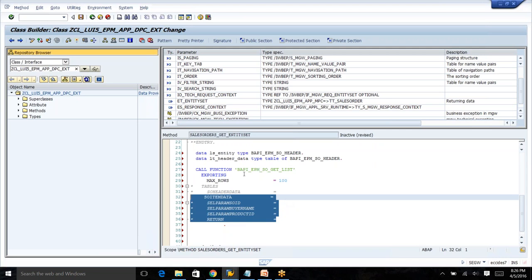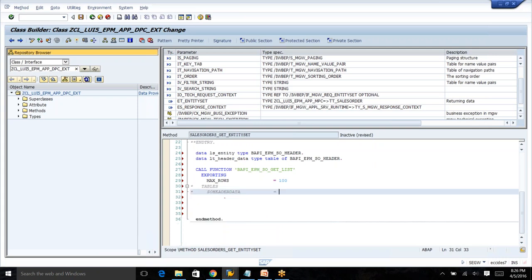So this function module BAPI_EPM_SO_GET_LIST, when you request for the number of sales orders, is going to give you the sales order data and the sales order item data. But we cannot use sales order item data because we can only send one entity set back to the user, that is sales orders entity set. Even when we receive the sales order item from this function module, we cannot make use of it. So I'm going to ignore that and say,